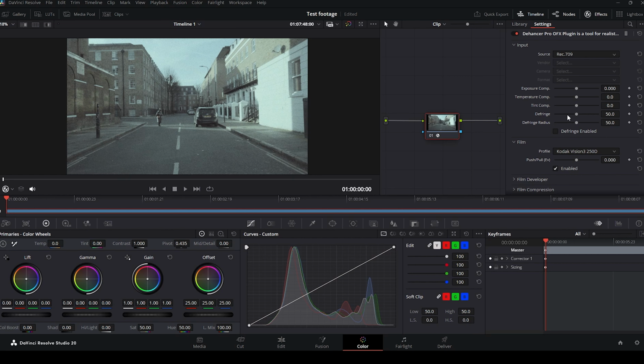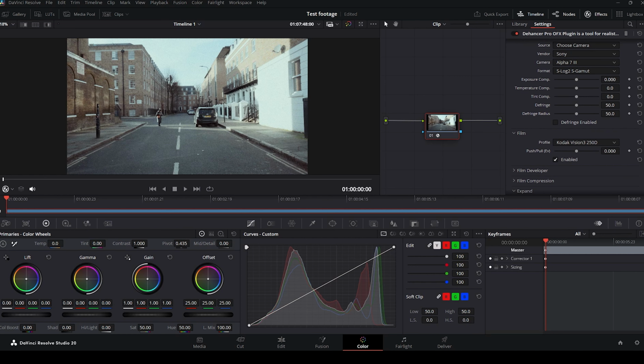So we have all these settings over here, and what we have to do first is to select our camera. So we choose camera, and I have a Sony Mark III. So I choose for the Alpha 7 III. As you can see, I don't have a menu over here, but you can see which settings I eventually set. So I have the S-Log 2, I filmed it in S-Log 2,